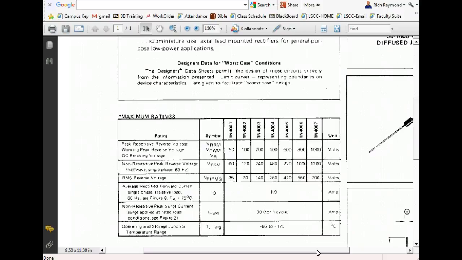Because remember, on a full wave center tap, it's only conducting for 1/2 cycle, right? It says average current, so this diode's cut off for 1/2 cycle. If we pull 1 amp when it's full cycle, then at 1/2 cycle we could get at least a 2 amp power supply. And that would also be true for a full wave bridge. So you could get a 2 amp supply using 1 amp diodes, because they're off half the input cycle. And it says average, so y'all need to